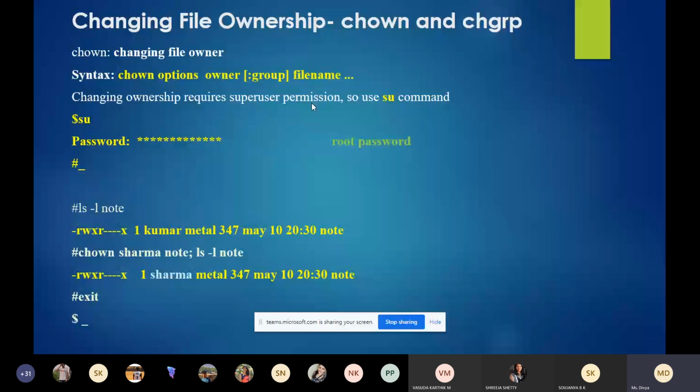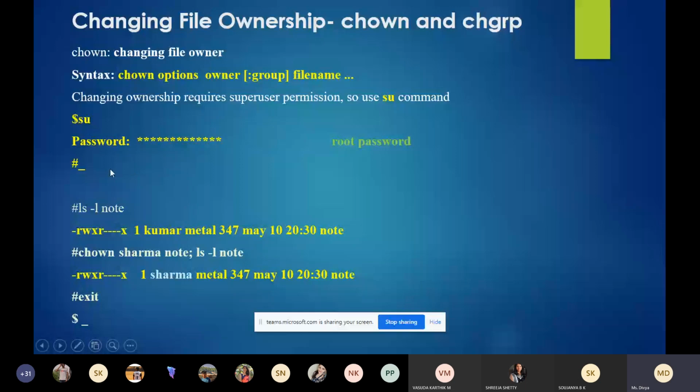What is the command that is used to enter into super user mode? su. So su is the command. You have to type the su command. After that, it will ask you to enter the root password, which will be provided by the admin. So you have to enter that root password.